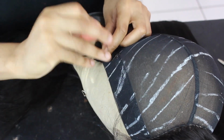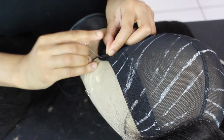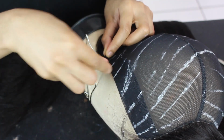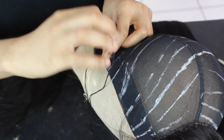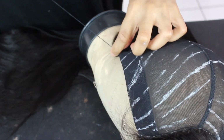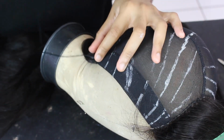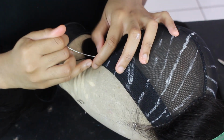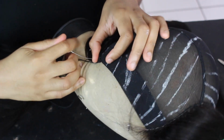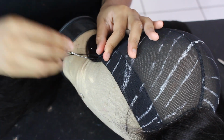I go from underneath the bundles, and I'm putting the needle through the cap and I push it upwards. And in order to make sure that it is secure, as I was explaining when I was sewing the closure down, I like to knot it a couple times. There's no perfect amount of times to tie the thread around the needle. Tie it around once, twice, 3 times, but do it a couple times,